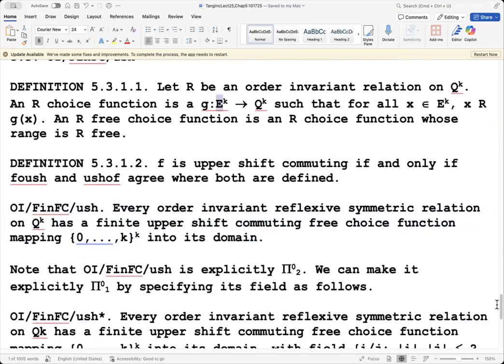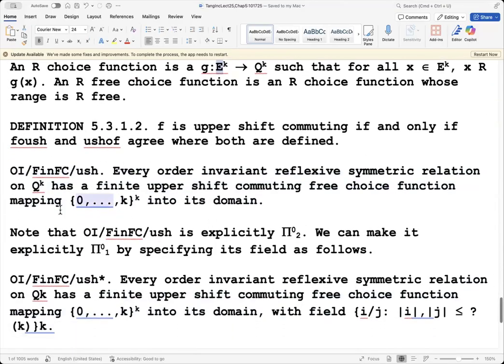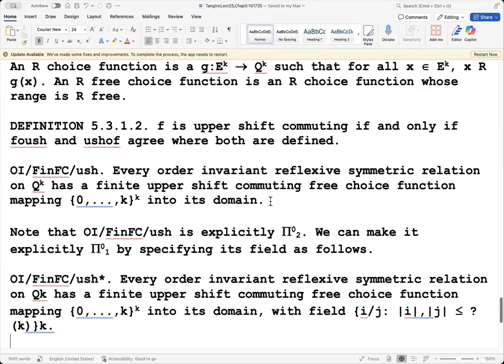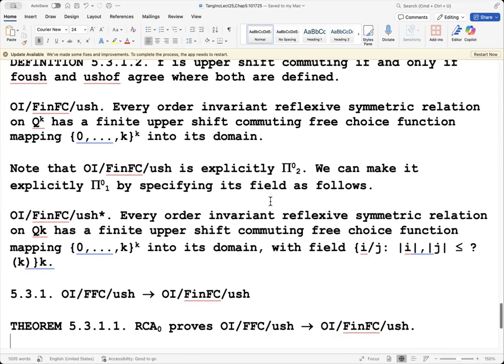All right. So this statement is very cleverly saying that you map it from one cube into a bigger cube, which means that you can go further with a function, because this is the domain after all, and the function is defined on its domain. Every function is defined on its domain. All right, so that's supposed to be the magical statement. Now that's obviously pi 0, 2. Now I think I can make this explicitly pi 0, 1. It's very nice to do this so it's as pretty as possible, and I think I've got it.